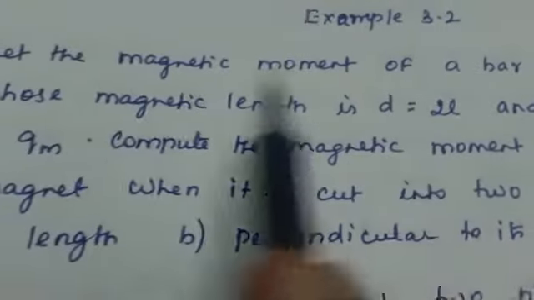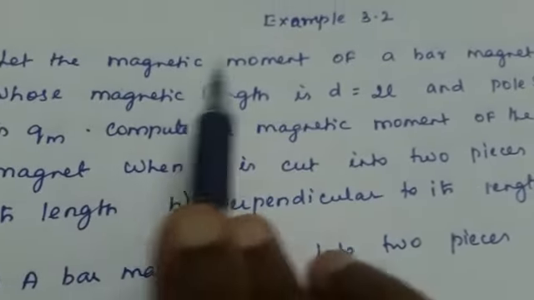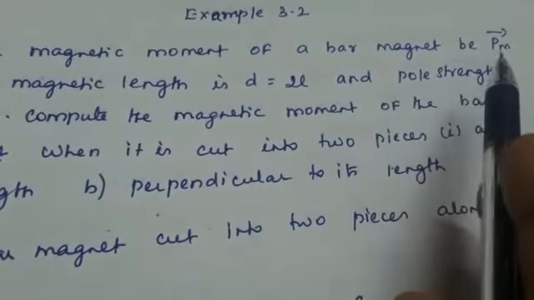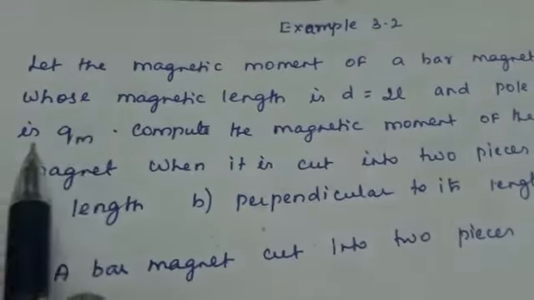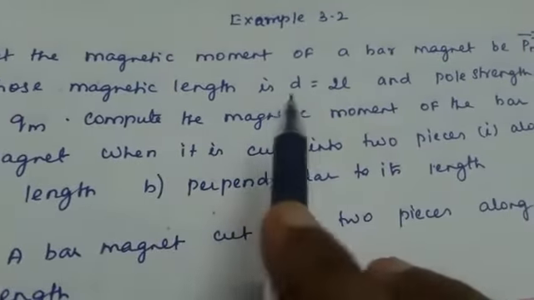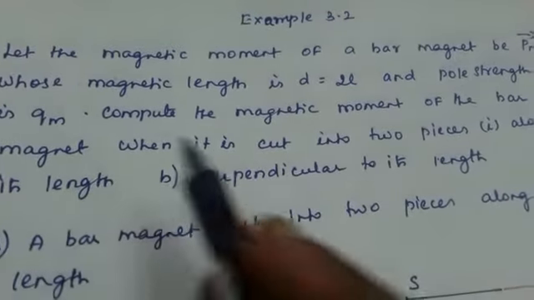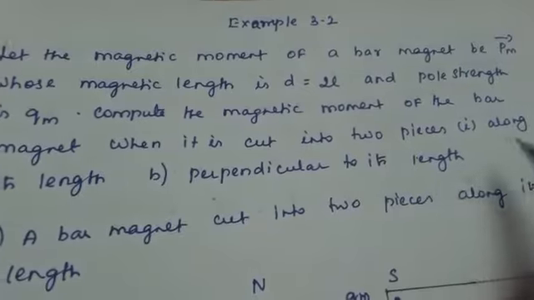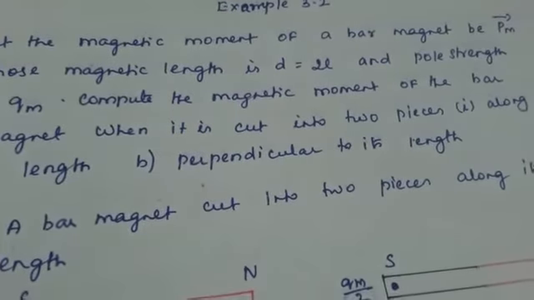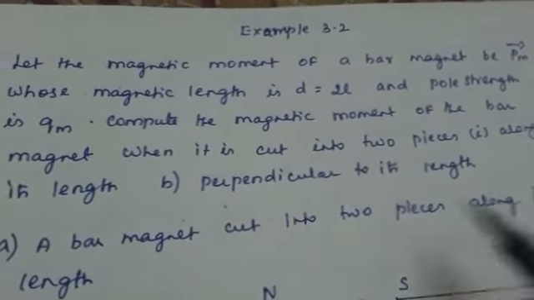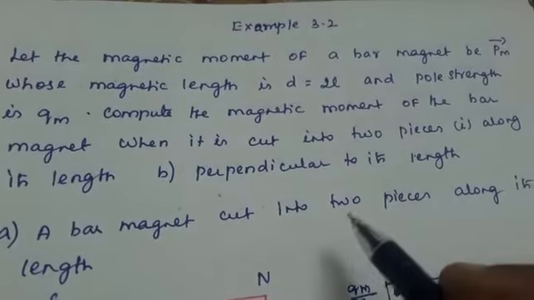Example 3.2. Let the magnetic moment of a bar magnet be Pm vector, whose magnetic length is d equal to 2L and the pole strength is Qm. Compute the magnetic moment of the bar magnet when it is cut into two pieces along its length and perpendicular